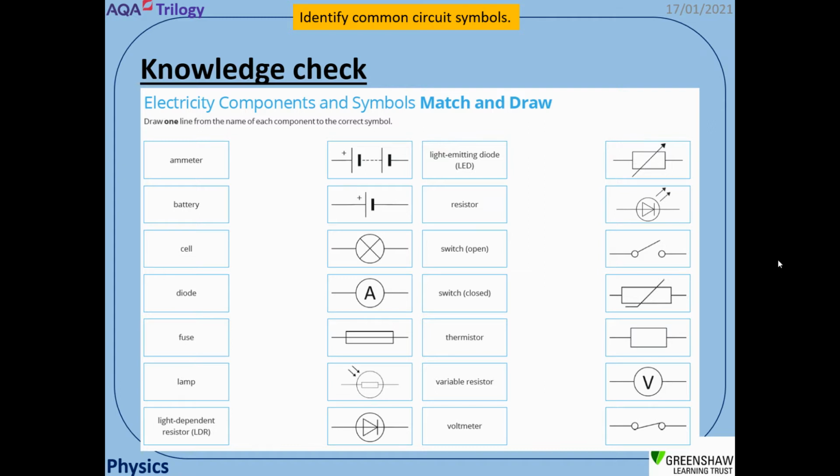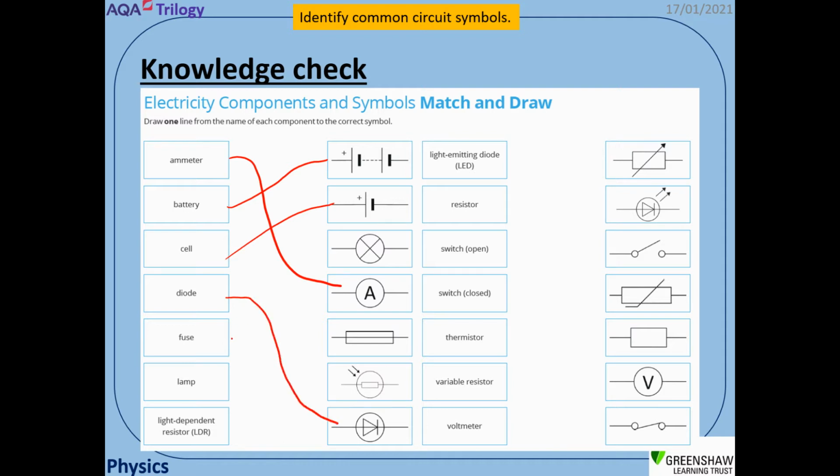This is for you to check that you actually know what they are. So put away what you've just drawn and see if you can connect. And what I'd hope is that you would be able to imagine in your head that the ammeter is going to the ammeter, the battery to the battery, the cell to the cell,